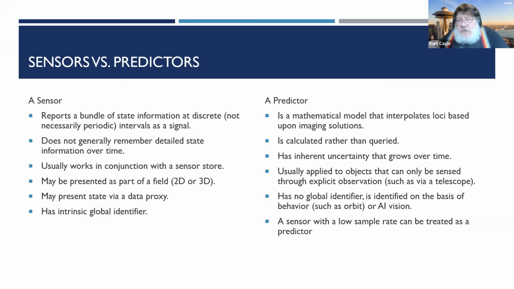And so there's a lot of calculations that basically get involved, a lot of modeling of intent that also gets involved when you're basically trying to map the real world to the virtual world. That means that everything has an uncertainty that grows over time, unless you have some way of going back and